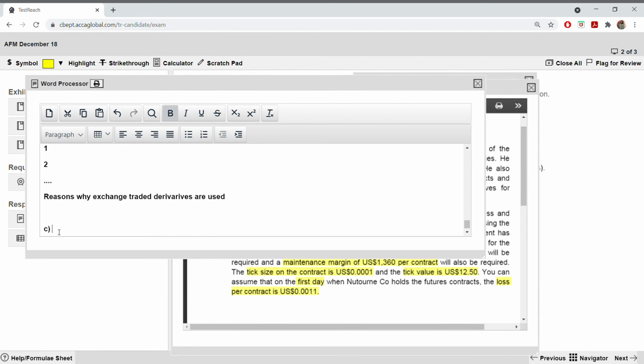So what is the maintenance margin? It is the minimum balance which has to be maintained on the margin account. That means below that level it cannot fall. Let's say your initial margin was 1000 and your maintenance margin is 500. That means if your margin account falls to 400, which is below 500, then again you have to deposit 100 to make it 500. It cannot fall below maintenance margin. That's what it means. Minimum balance has to be there. That's the minimum, and it has to be maintained.